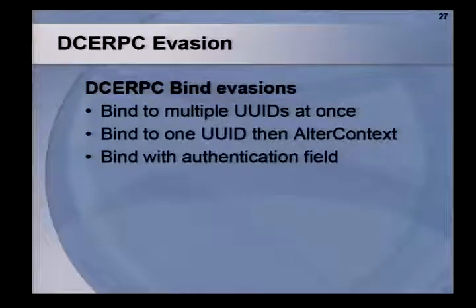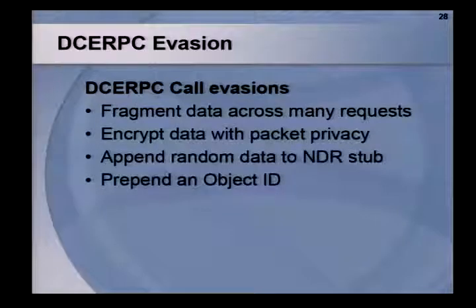Doesn't matter. It doesn't even bother to check. It just drops it. So the same, you can do a number of different things with the DCRPC calls to do evasions. Like I said before, you can fragment your DCRPC requests. So you can send 1 byte at a time inside of your actual call. So you would say, I want to call function 1, and you really want to send 1,000 bytes of data. You can send them 1 byte at a time and do 1,000 actual DCRPC calls, but only be 1 call